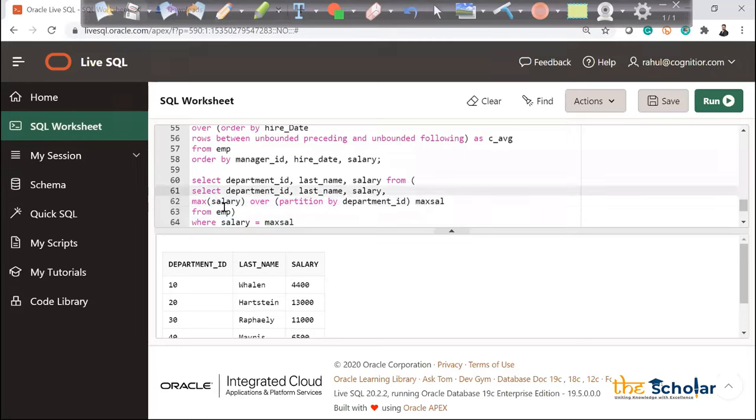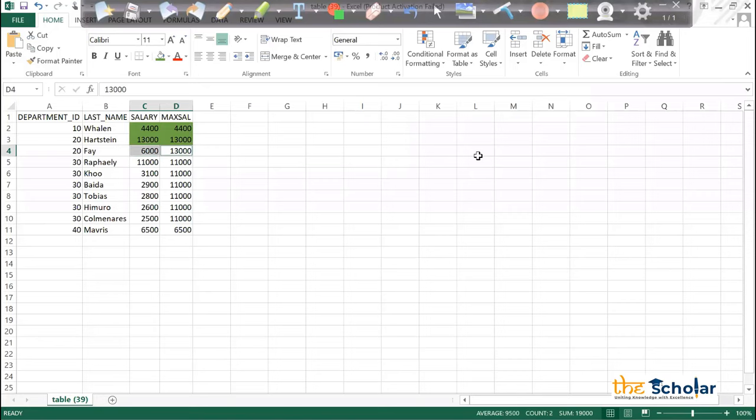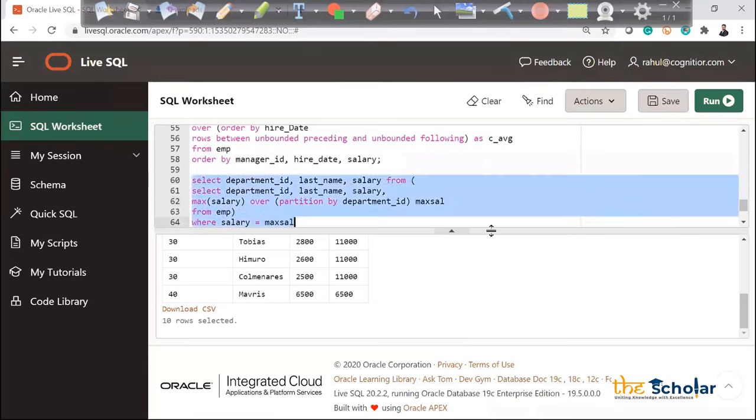Salary is equal to max salary. Condition is satisfied? Yes. Salary is equal to max salary. Is condition satisfied? No. Salary equal to max salary. Condition satisfied? Yes. Salary equal to max salary. Condition satisfied? No. Salary equal to max salary. Condition satisfied? Yes. So if I want to find the maximum salaried employee by department or anything, I will run this small 4 or 5 lines of a query to get the output.